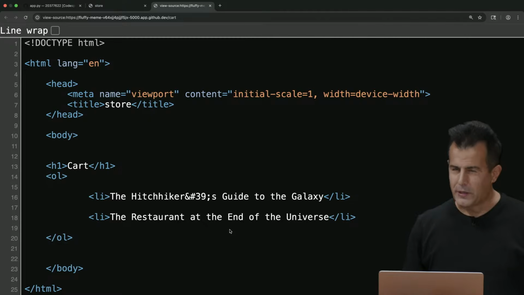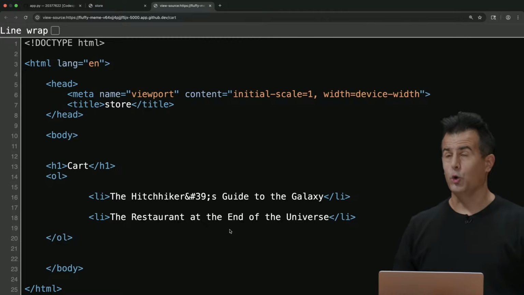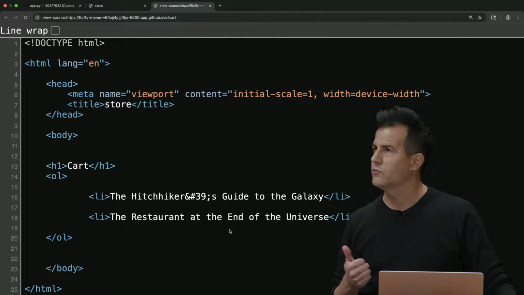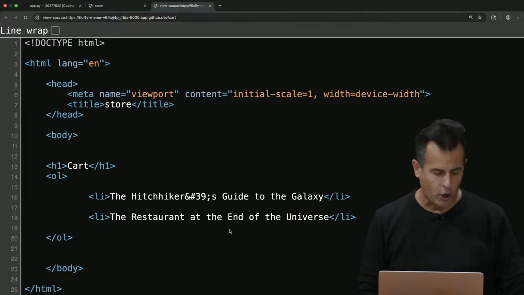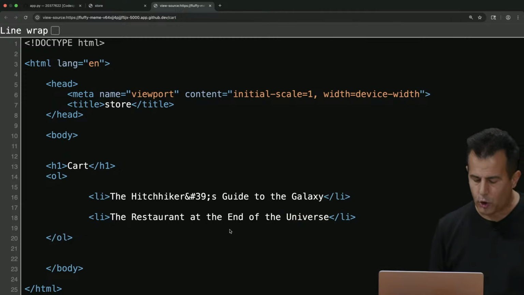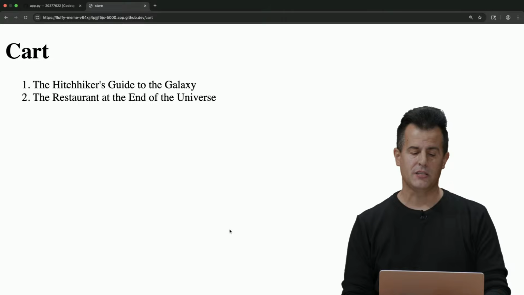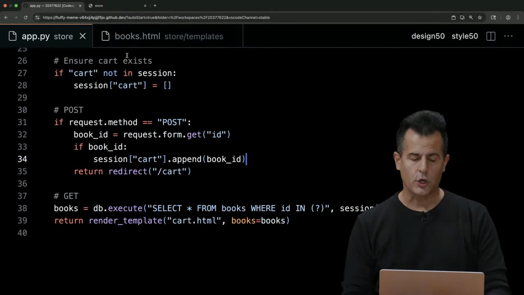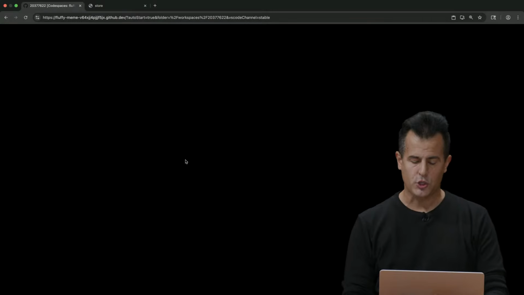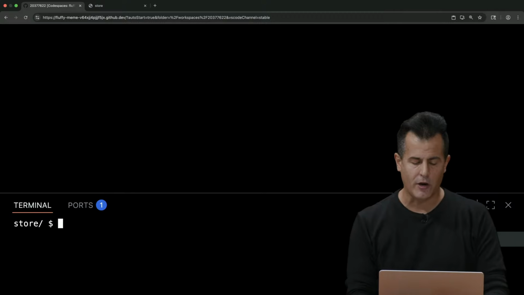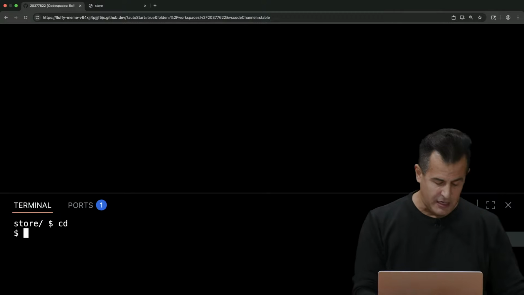All right, so if we now have the ability to use sessions to remember who has logged in, and we have the ability with sessions to remember what someone has added to their shopping cart, what else can we do with web applications more generally, even if not using sessions? Well, let me go ahead and close this tab here. Let me go back to VS Code here, close out these 2 examples, and let's do a final set of examples that demonstrate what we can do with some real-world data and a web